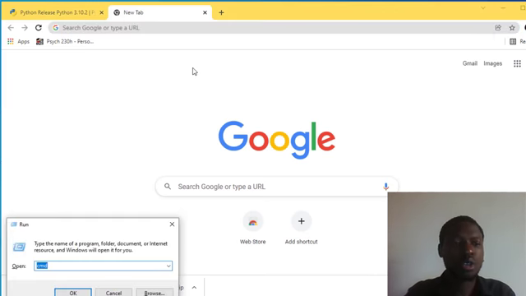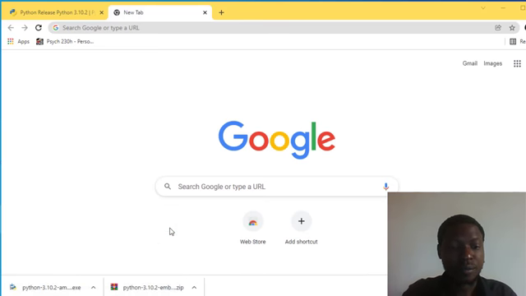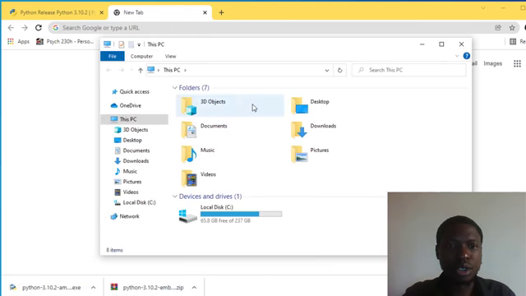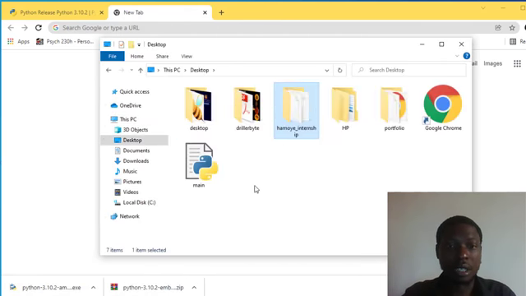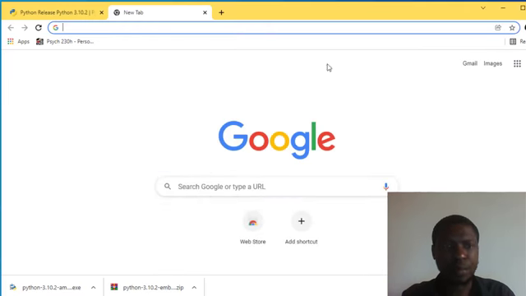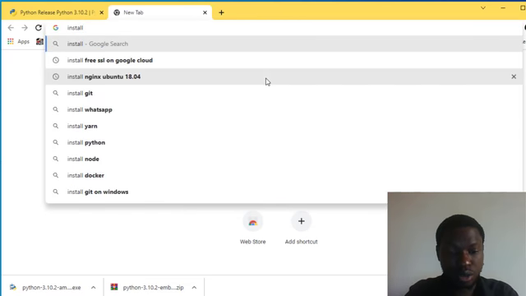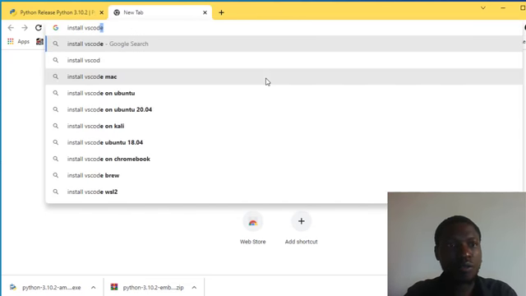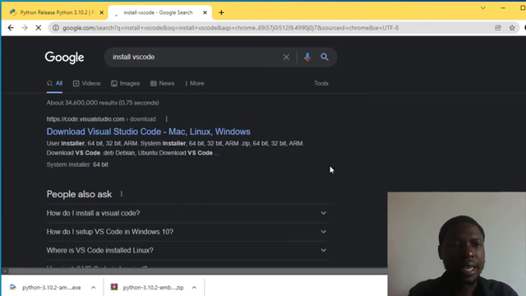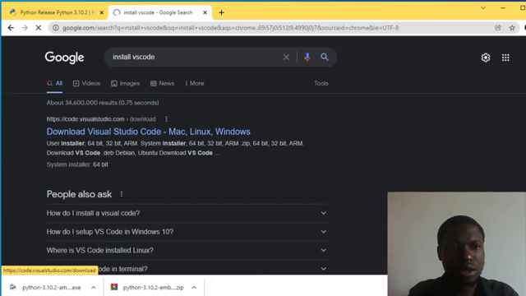Okay, so let me show you the Python program we have written here. I'm just going to go into my desktop, and this is the Python program main, right? And of course, I'm going to show you how to install Visual Studio Code. So I'm just going to write install vscode in Google, and if I write install vscode in Google, you're going to get the first website, which is